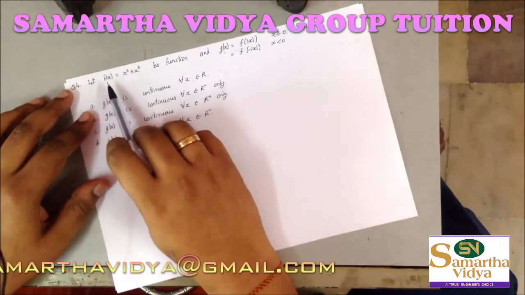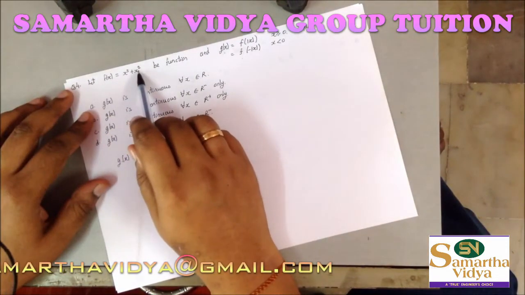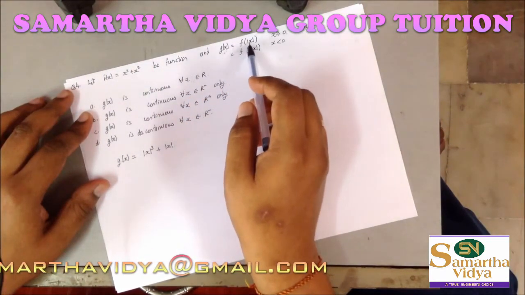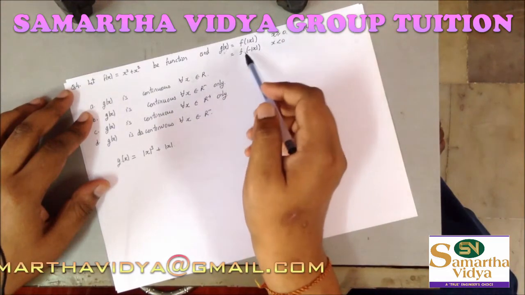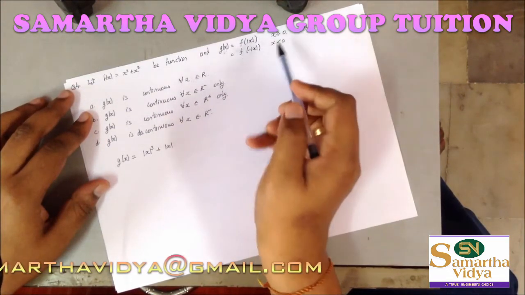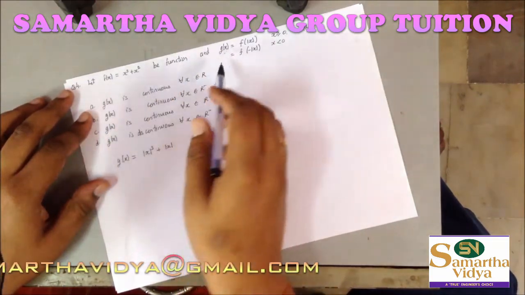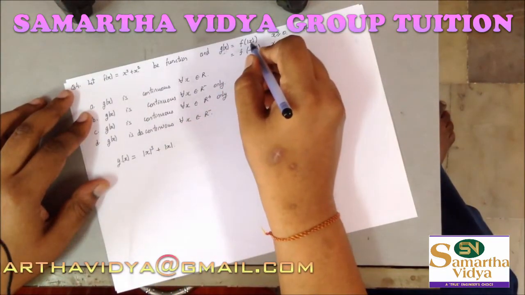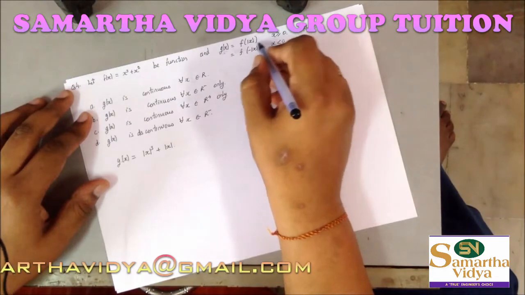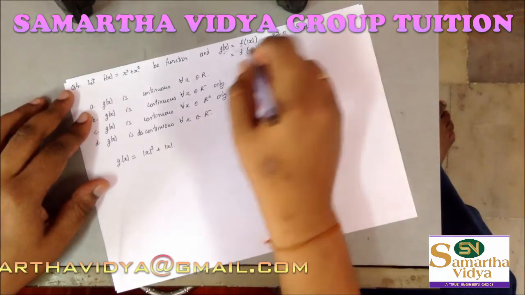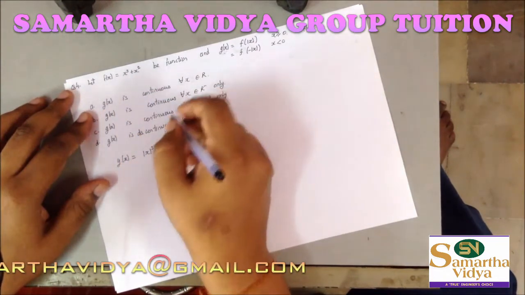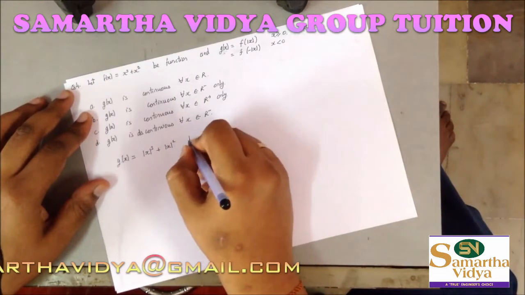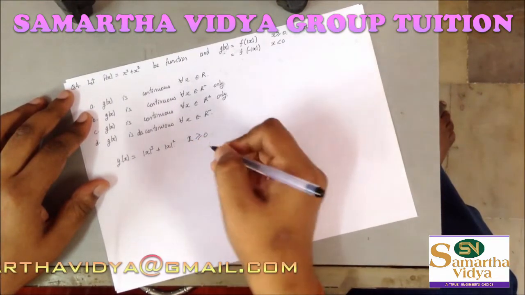Okay, going for the next question, we have f of x as x cube plus x square. It is some function which is defined, and we have my g of x, which is f of mod x for x greater than 0, and it is f of minus mod x for x less than 0. So let us just go for g of x. g of x is basically equal to f of mod x, that is for x greater than 0. So f of mod x means we have to substitute mod x wherever x is there in f of x. So I'll be getting this as mod x cube plus mod x square. This is for x greater than or equal to 0.